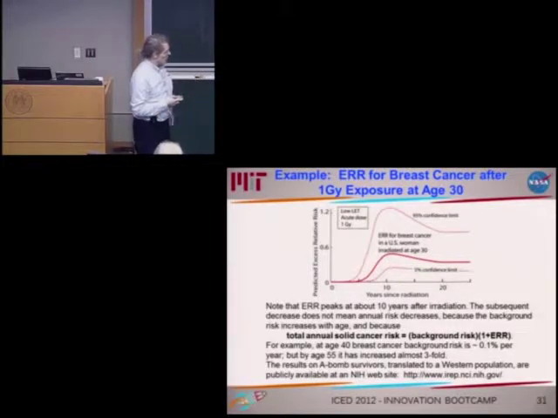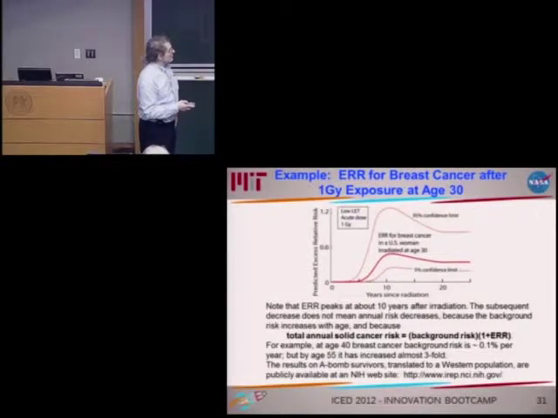One can go on an NIH website and see more of these statistics shown there at the bottom if you want to know more about this. I should say that this was standardized to an acute dose of 1 gray. So the excess risk is on the order of 50% or so beyond background due to a 1 gray exposure.